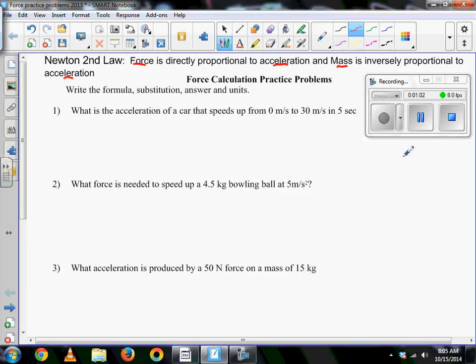Very good. So I'm going to have a brand new formula here that's going to sort of put that definition into math. I'm going to say that F is equal to m times a. So if you cover up the a, you'll notice acceleration equals F divided by m. And that does make sense